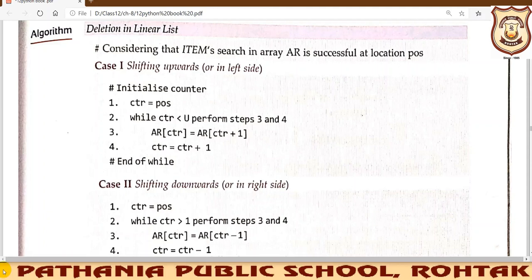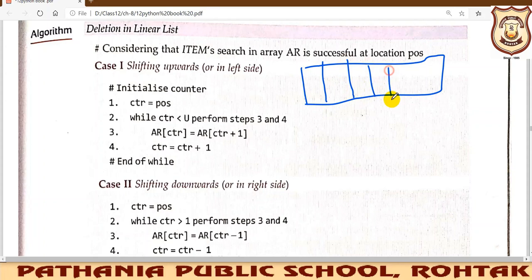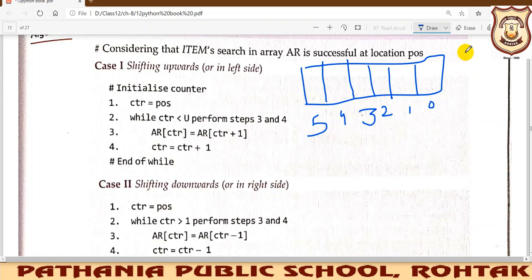Like we have a list like this. Let us say we have positions 0, 1, 2, 3, 4, 5. The representation of the list can be in any form, there is no issue. Now at position 3 you have found the particular element.